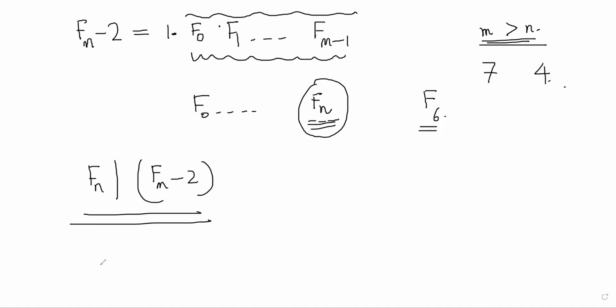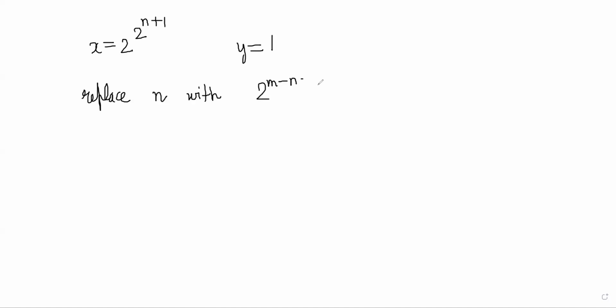You can also do an alternative proof. I will just outline the first few steps and you should complete the proof after that. In order to do an alternative proof for this, you can take x equal to 2 power n plus 1 and y equal to 1. And you should replace n with 2 power m minus n minus 1 in the formula